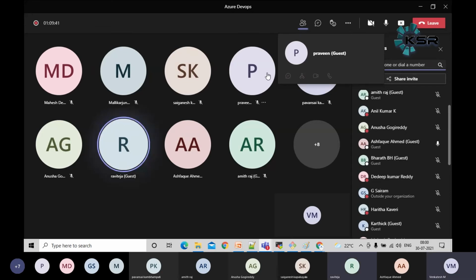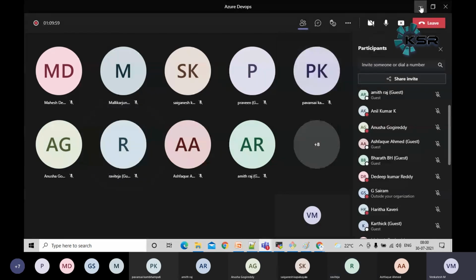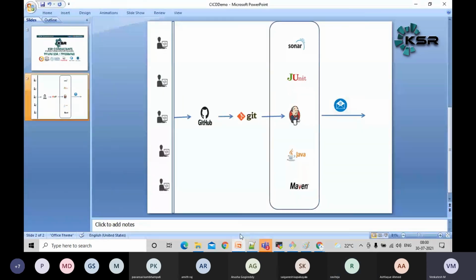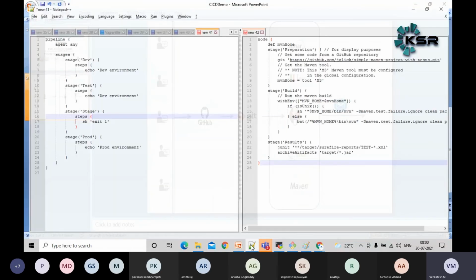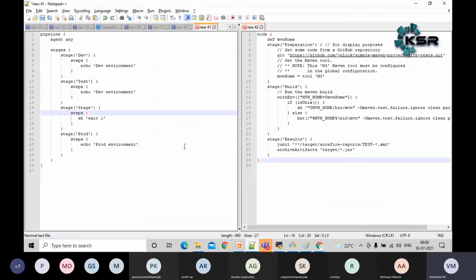Ravi, Sir, I have a doubt. Yes, Ravi, please ask. Can we convert declarative code into Groovy code, or do we need to learn all that? See, any approach will be fine, Amit. The way we are coding is a little different, but finally you can achieve the same steps only.